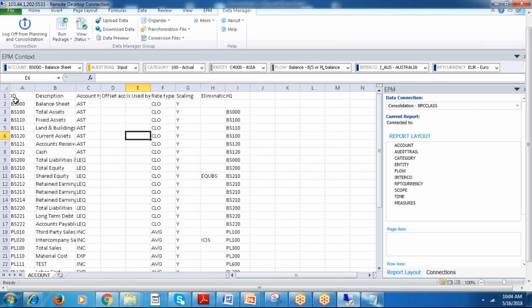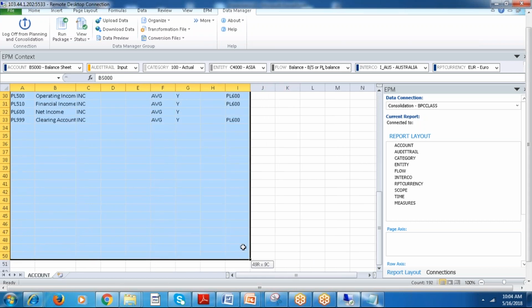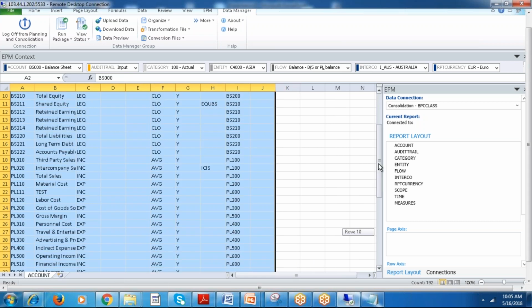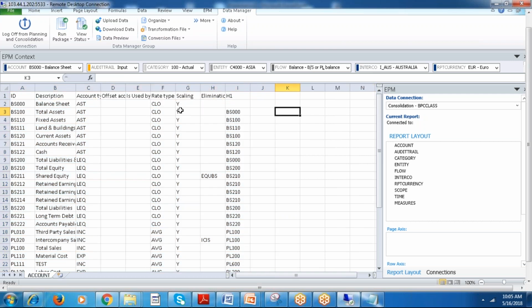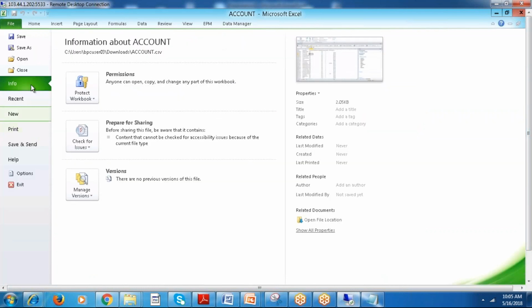These are the dimension master data. You can make the changes and copy and paste there against the account dimension, right? So this is the file. Close.